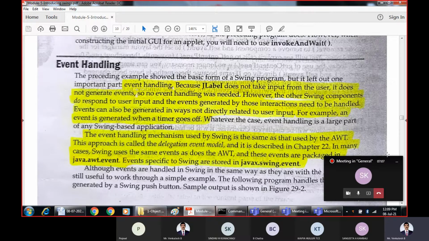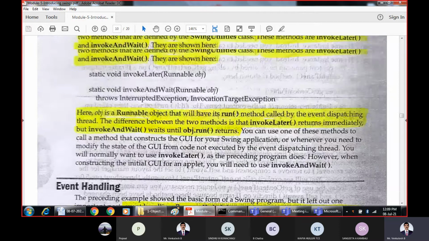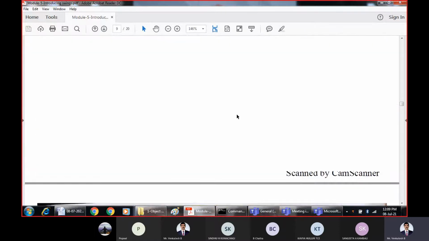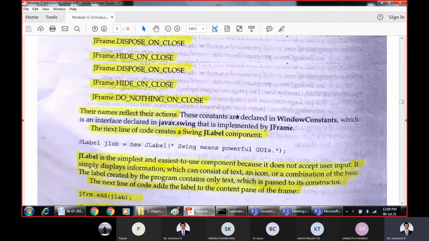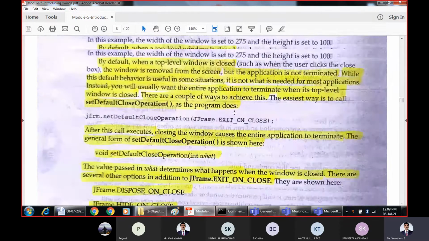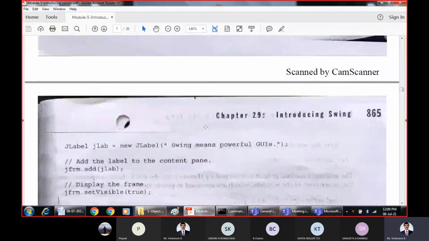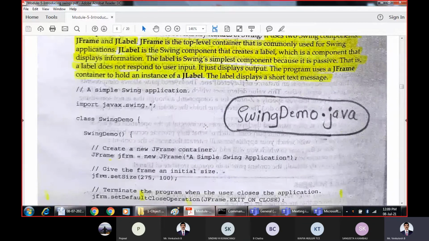In the previous class, we discussed how to create a graphical user interface by using a sample swing application. We have seen how to develop an application, and we have also seen the demonstration of that particular program.